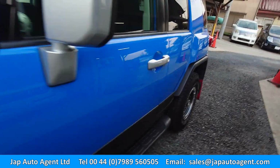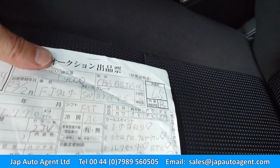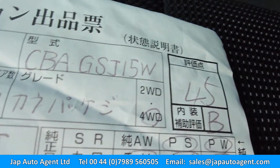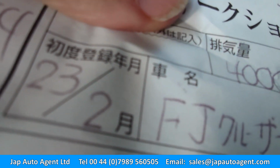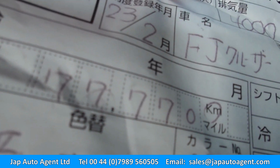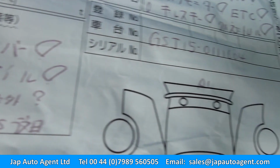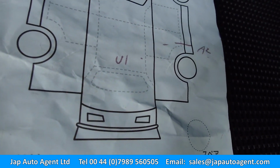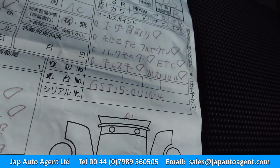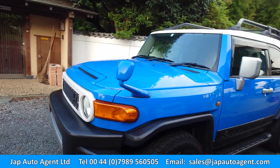And take a look at the auction sheet. Okay, here we go. We are looking at grade 4.5B, nice and clean. Heisei 23 February, so it's 2011, FJ Cruiser, 77,770 kilometers, probably a few more now since we've been driving it around. And there's the body, just very clean indeed. It's a genuine 4.5, so just really nice. Proper car,